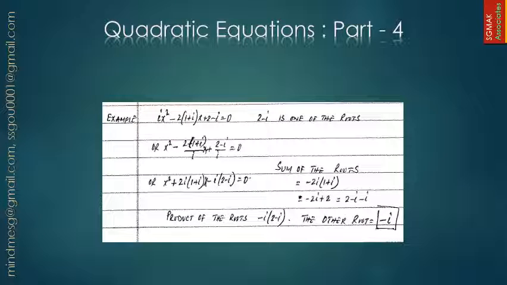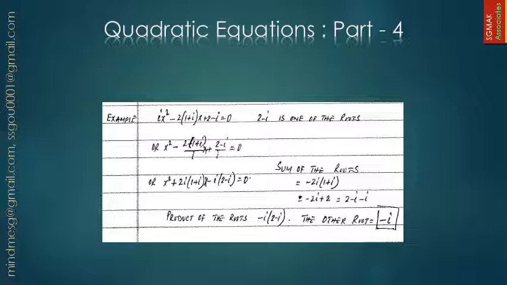All right. Next equation, I, imaginary number, I square is minus 1. I x square minus 2 times 1 plus I, x plus 2 minus I is 0. It says 2 minus I is one of the roots, find the other root. So if you form a standard form, we divide both sides by I, so we get x squared plus 2 times I times 1 plus I, x minus I times 2 minus I equals 0. Remember, I squared is minus 1. So the sum of the roots is minus 2I times 1 plus I,